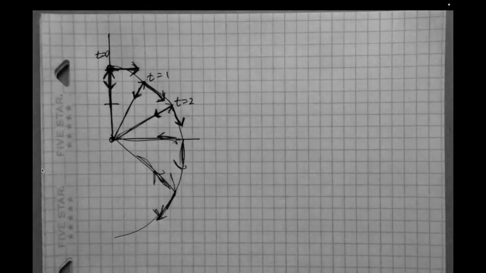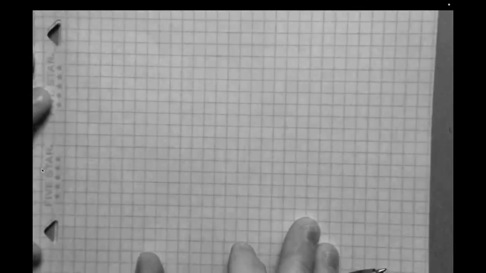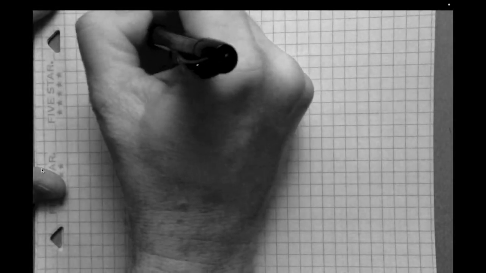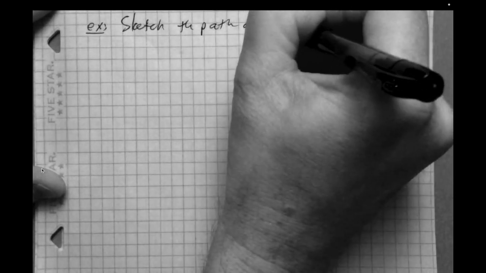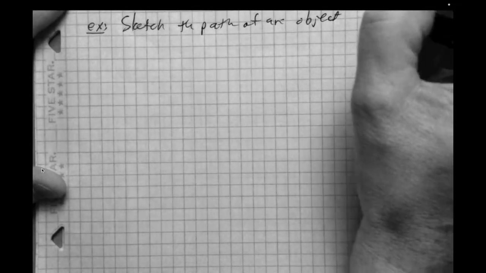Very cool. Let's do another example, kind of a shorter one. That one we went a little bit deeper on just because we want to flush some of this out. So let's take another example. Let's sketch the path of an object moving along the plane curve